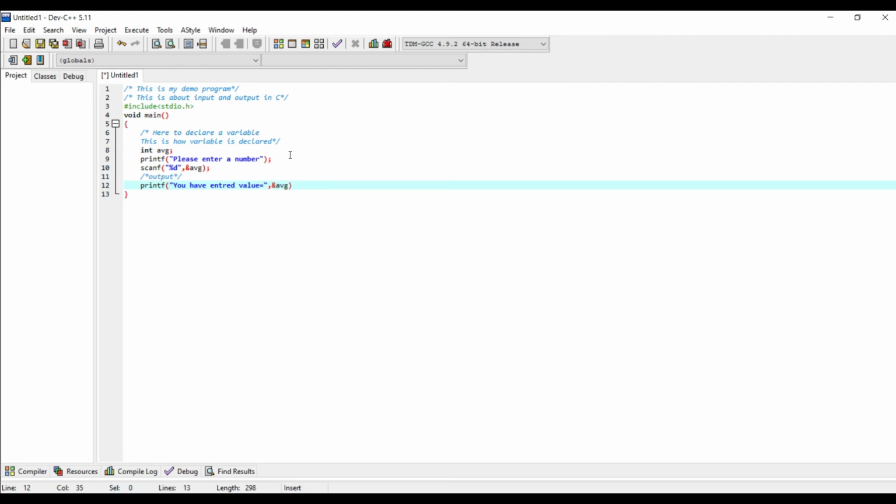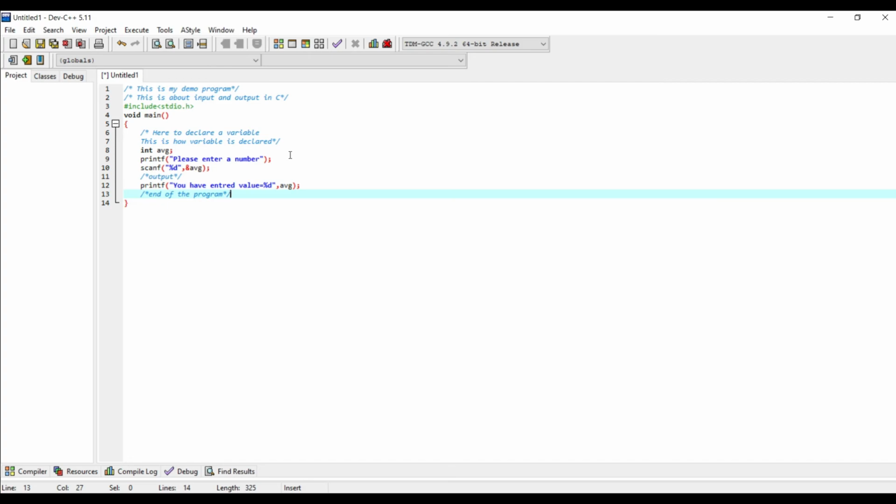Here I give the formatting of the string, meaning the value has to be displayed in the form of integer, so I simply give the name of the variable. In the last line you can also add one more comment: end of the program. Okay, so this is the program we have written.